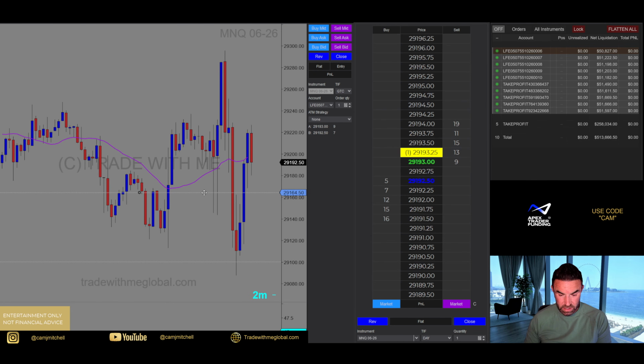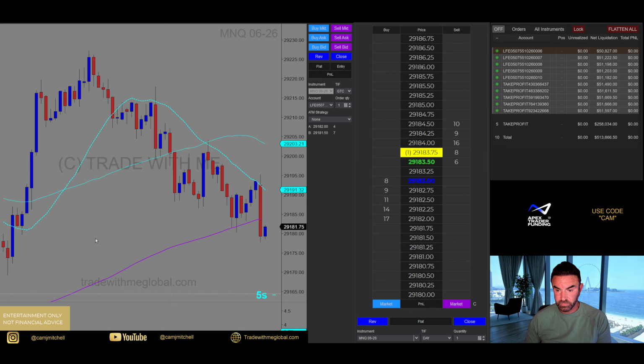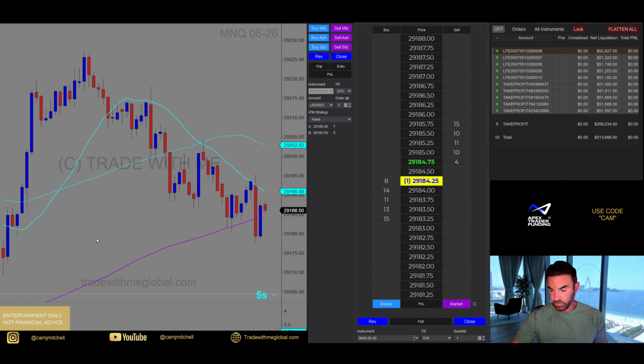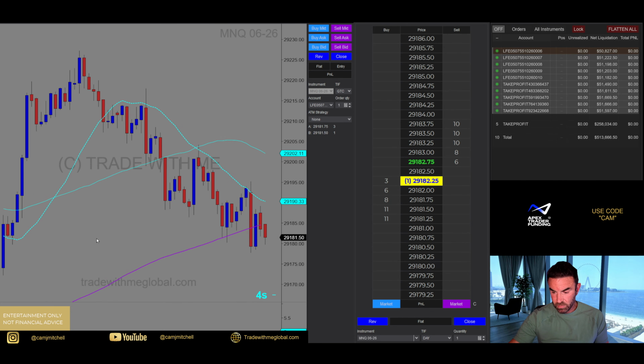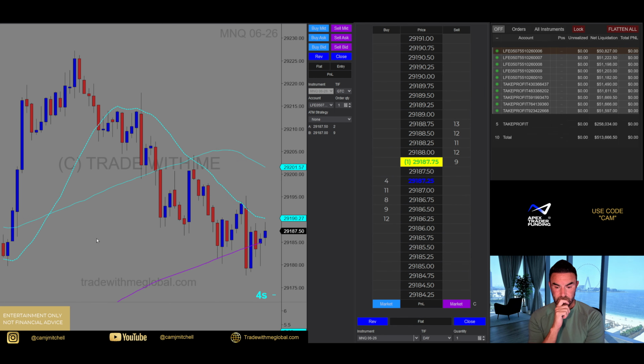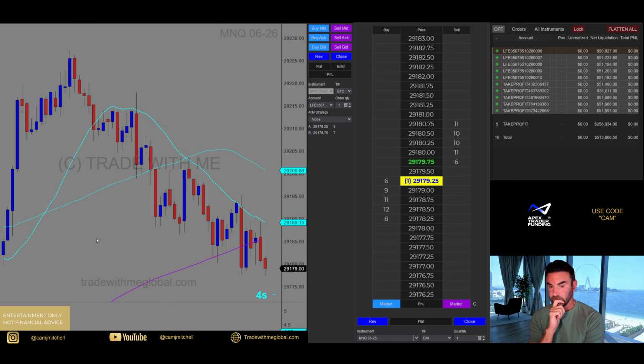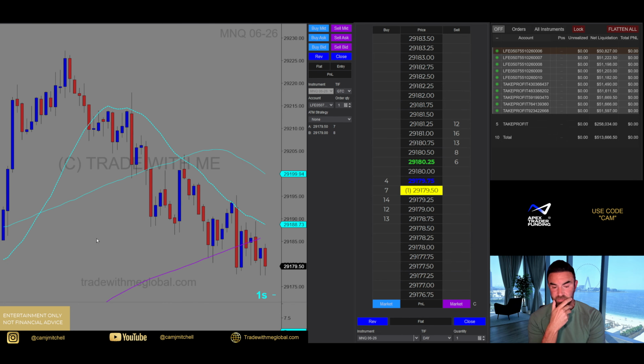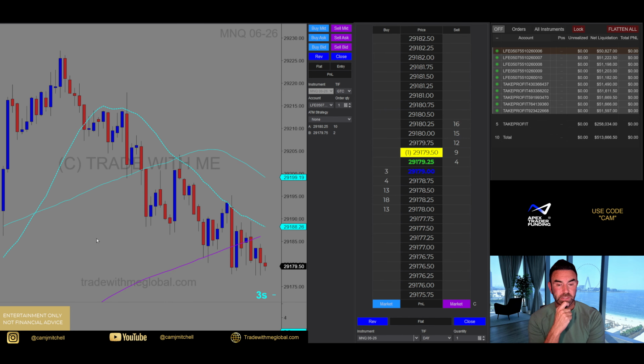Doesn't look like much there, does it? Purple's a little bit slower here. That would be nice, but